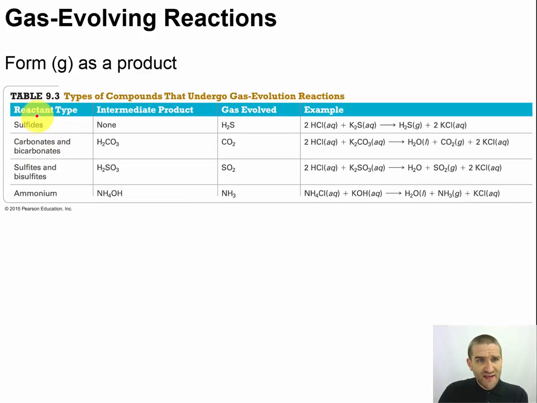Now, sulfides, you may not have worked with those quite as much. They give off an H2S gas, so hydrogen sulfide gas. And one example of that reaction would be adding the acid hydrochloric acid to K2S, potassium sulfide. The H pluses are going to replace the Ks, potassiums. You're going to have H2S gas, that's the sulfur stench, come loose as a gas bubble coming to the surface,